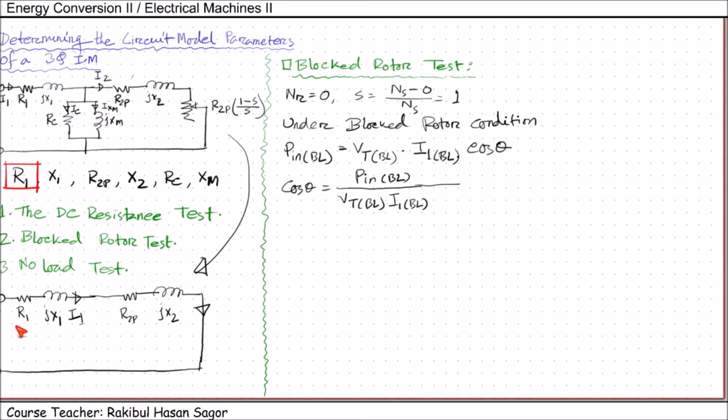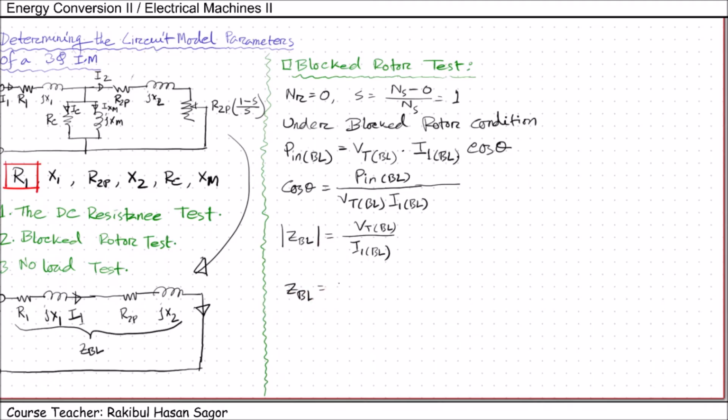Now if we consider the total impedance under blocked rotor condition as Z_BL, the magnitude of the total impedance can be obtained as Z_BL. We are considering the magnitude only, so we can take V_terminal,BL that was obtained from here, and I1,BL, that is the rated current that we applied here. So once we get the magnitude,